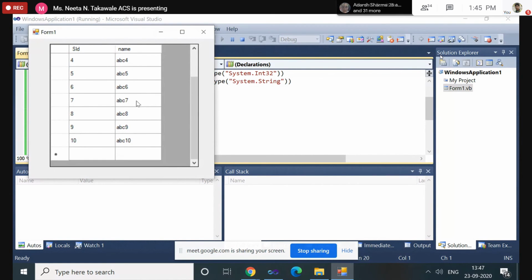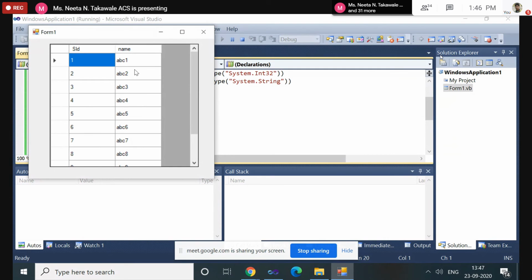ABC4, ABC5, 6, 7. So see when this for loop will be useful: if your information is the same. Roll number 1 to 10 is generated correctly, but if the name is the same then you can use this for loop, but it is not possible now because the name is always ABC.